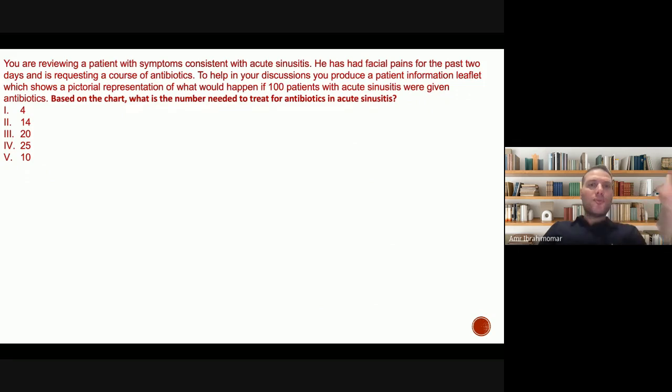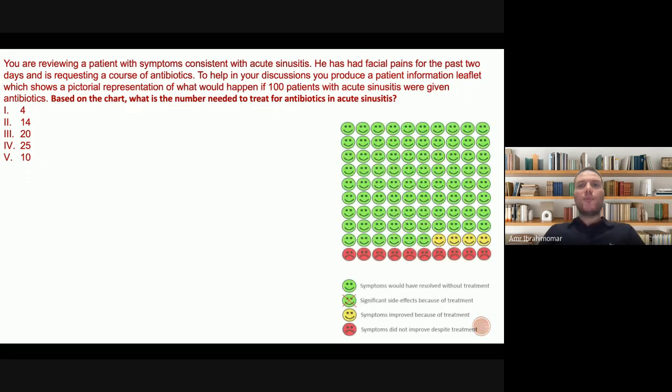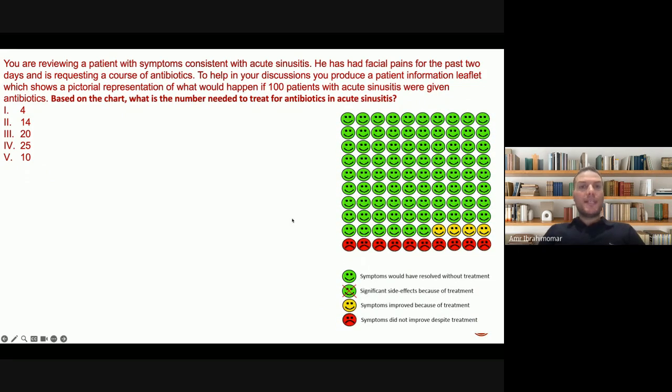Then lots of stuff written here. I don't have time to read, and I assume in the exam you won't have time to read. So try to pick up quickly what he's asking about. What is the number needed to treat for antibiotic in acute sinusitis? So he's probably here in this case plot telling you that they are giving antibiotic for acute sinusitis, asking about